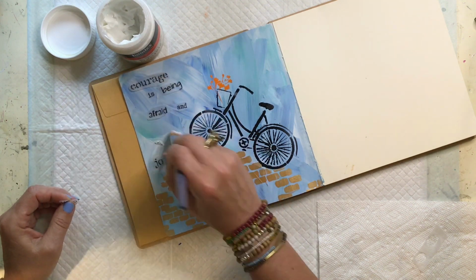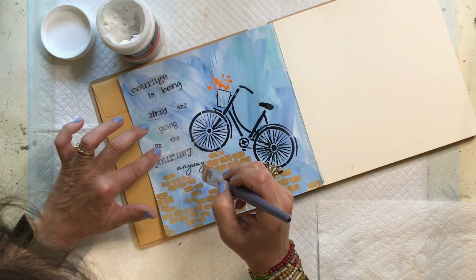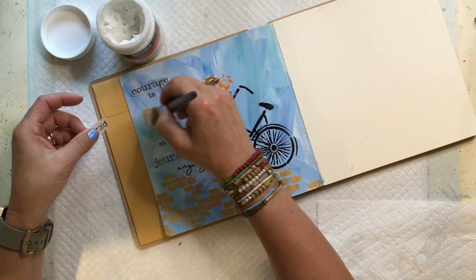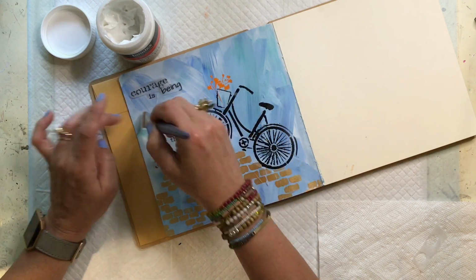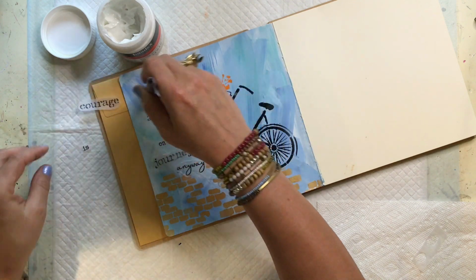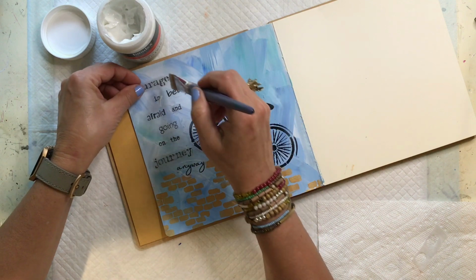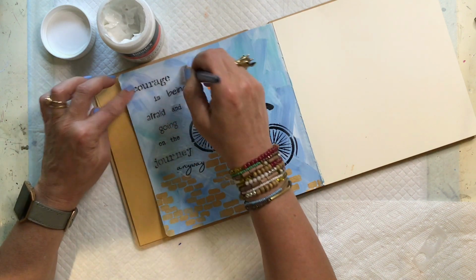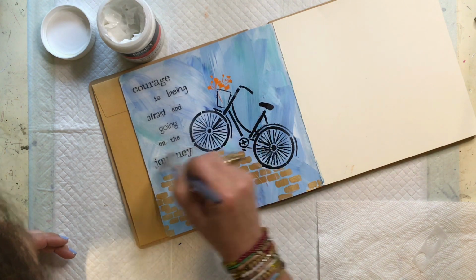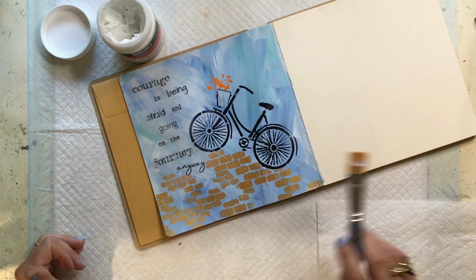You can see, because I applied that workable fixative, the words journey and courage, as well as the words that were printed on my printer, are not bleeding. And that's because I applied that fixative. I keep working my way up. Another tip is, because I used different fonts for different words, there was no straight line needed for aligning everything. But if you want to do that, just use a ruler, a light pencil line, and work that into your composition. As you can see, it worked out. I had room at the top for the courage. And then I'm just applying a little bit of matte gel medium over everything to make sure it's adhered. That one is crooked and it drives me crazy to this day, but